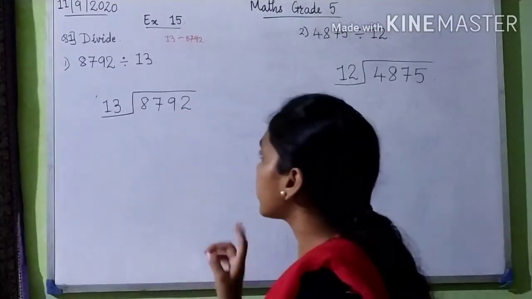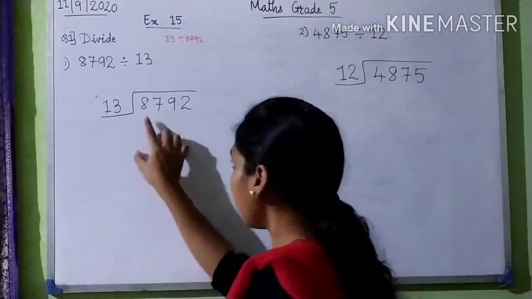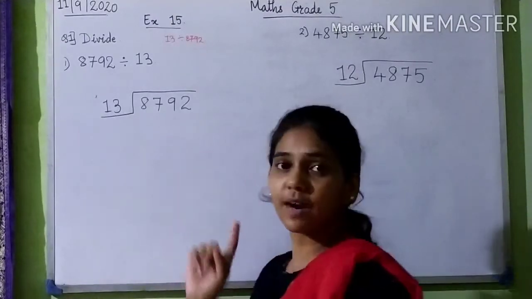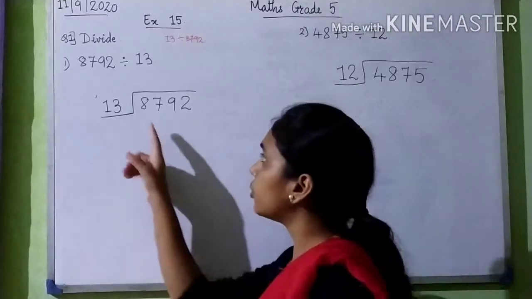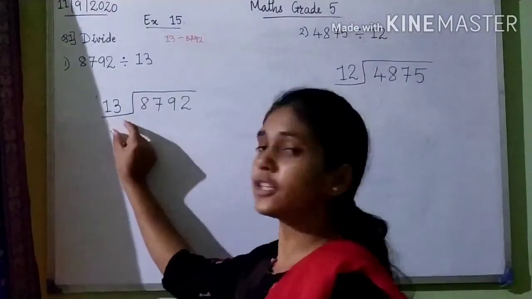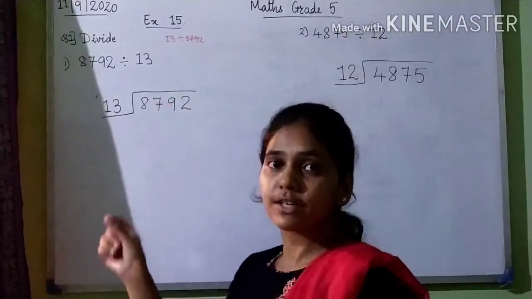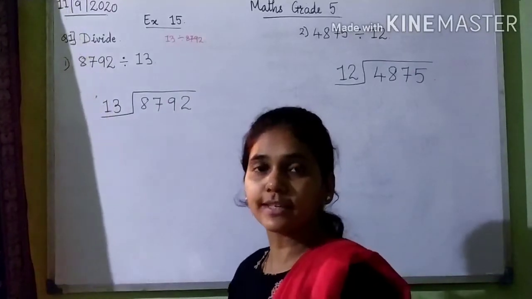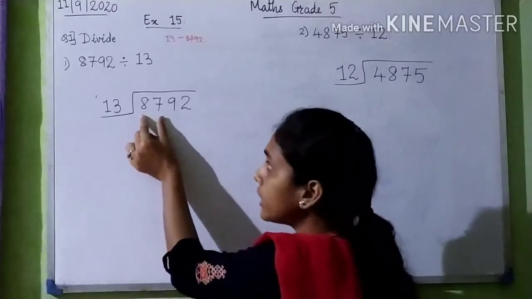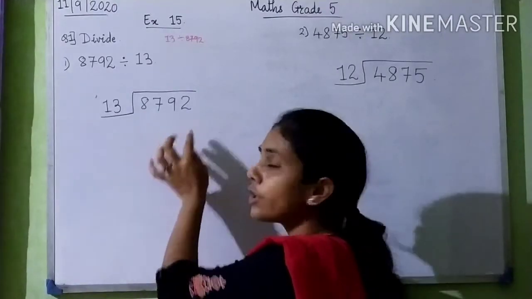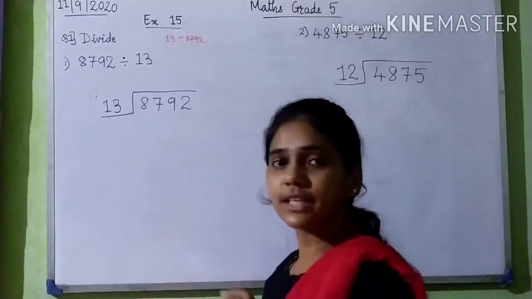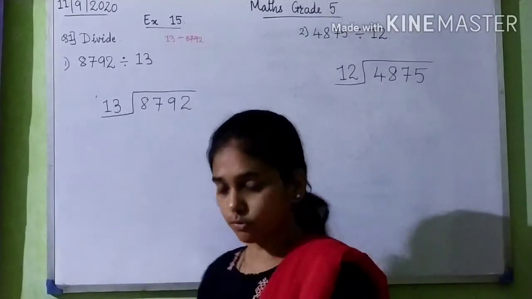Okay. So first we check one number. You might have done division by 1 digit. See here, 13 is a 2-digit number, and how can a 1-digit number be divided by 13? It cannot be divided. So instead of taking a single digit, we take 2 digits, and then after that we go on taking one digit further. First I will tell you how to do it by 1 digit also.